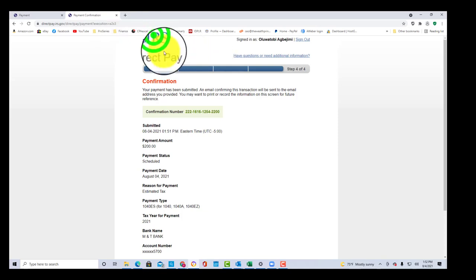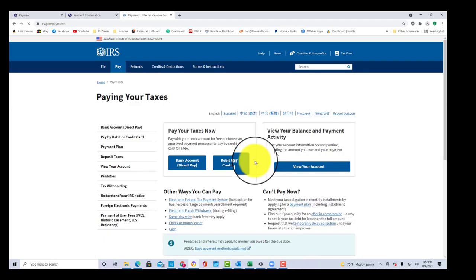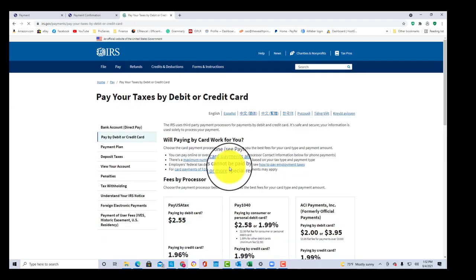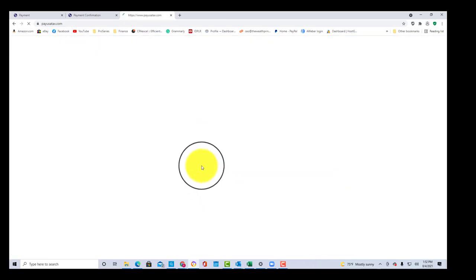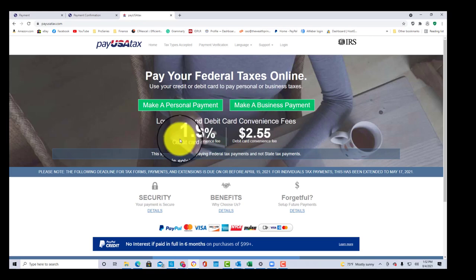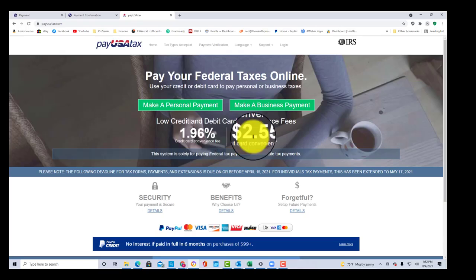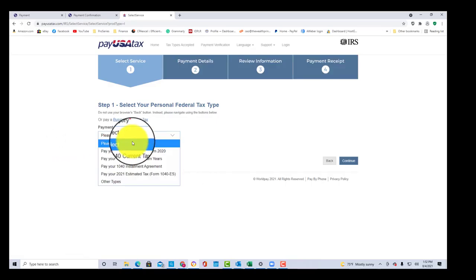Alternatively, you could go through the debit or the credit card one. I just went with my preference. You go here. Either of these you can make a payment. I won't follow through eventually. It will bring you up to this screen, and it's going to show you it's a credit card fee of 1.96%, and the other one is $2.55. Select a personal payment, and here you can select if you're paying